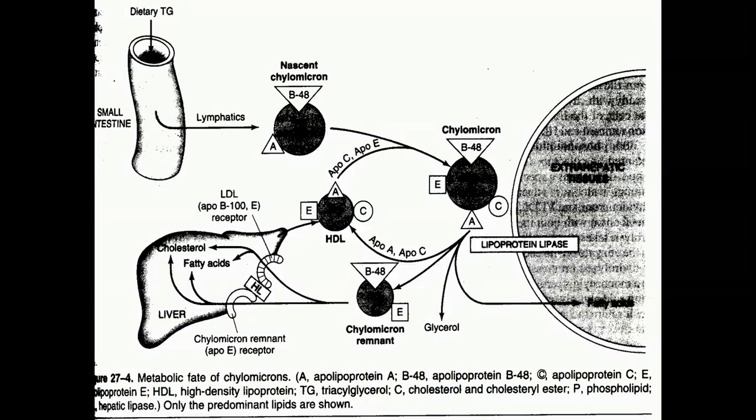The fate of these HDL3 particles which still remain in blood circulation is that the cholesterol esters from HDL3 particles are transported to VLDL, IDL and LDL with the help of the protein cholesterol ester transport protein. On the other hand, TAGs which already exist in VLDL, IDL and LDL are transferred to HDL by the same protein, cholesterol ester transport protein, in exchange for cholesterol esters.